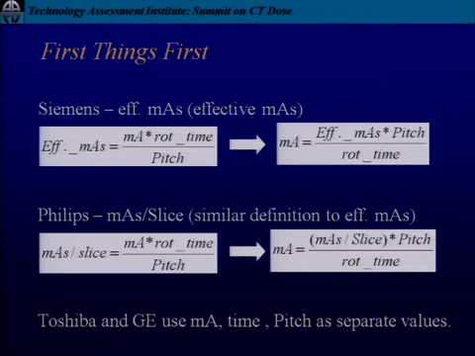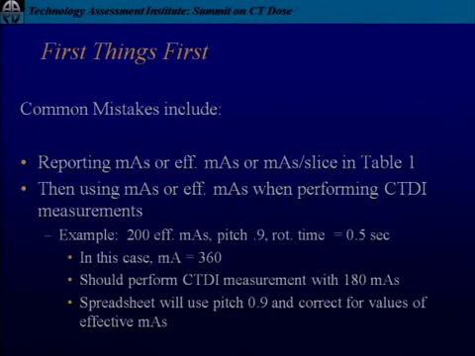Philips uses something very similar called MAS per slice. It's a similar definition to effective MAS. And so, again, you have to do some algebra. Toshiba and GE scanners use MA, time, and pitch as independent things, so it's a little easier to fill out. So what the mistake includes is they report the MAS, or effective MAS, or MAS per slice, and then,